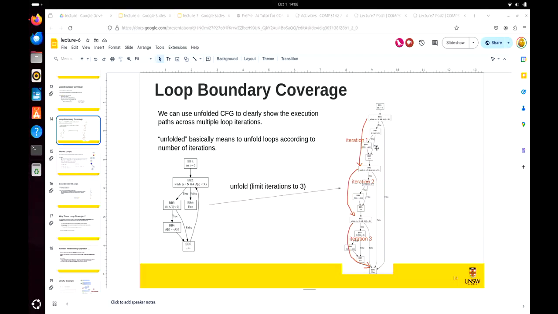And you may think that, okay, this looks tedious and we have to limit the number of iterations to do this kind of unfolding. Otherwise, this graph can grow very, very large. So why do we still need this? This kind of unfolded CFG is actually to clearly show the execution path across different iterations of